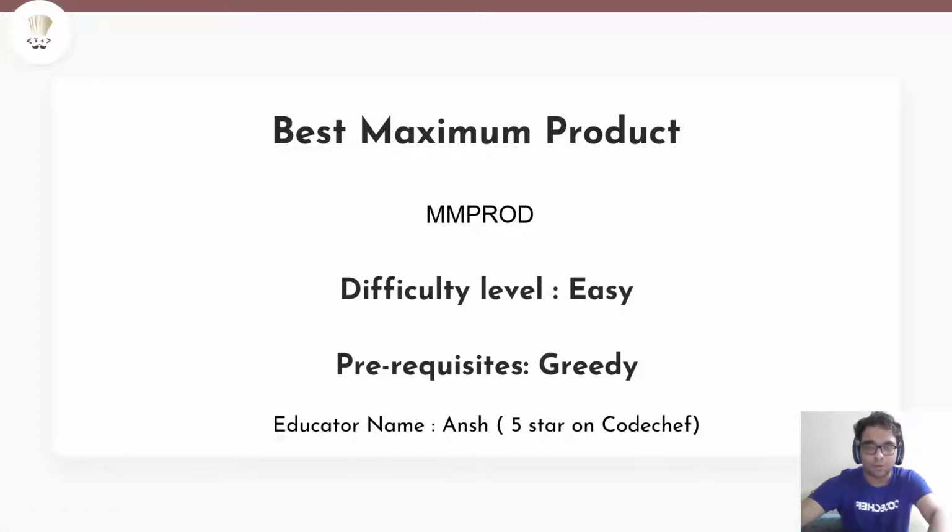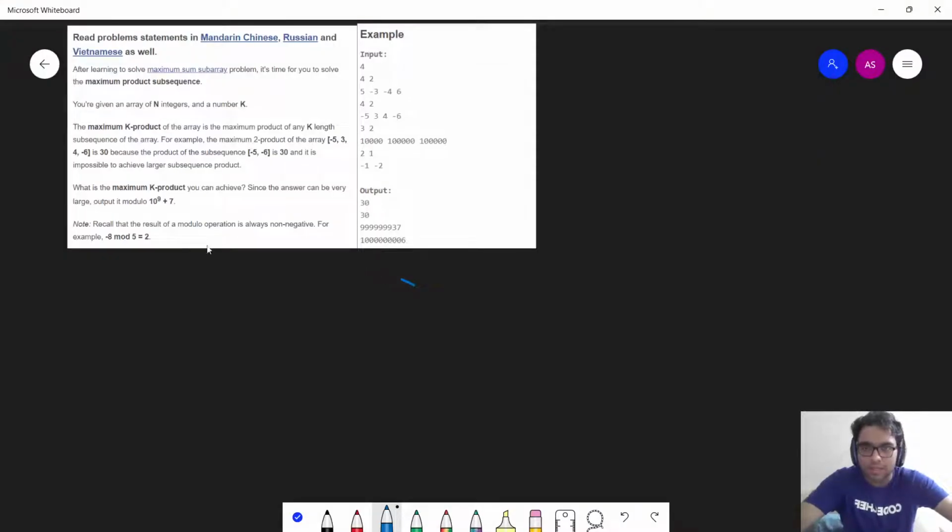Let's proceed with the problem statement. Okay, let's try to understand the problem statement. Basically in this particular problem, I'm given an array of n integers and a number k, and I have to find the maximum k product of an array. The maximum k product of an array is the maximum product of any k length subsequence of an